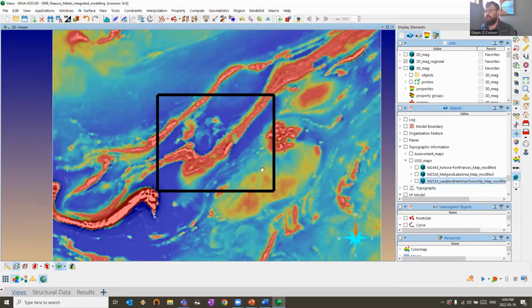So we think we know a couple things about this area. I'm parachuting everybody today into the project. I've already done a bunch of work. We're sort of pretending we're at an earlier stage of this project than we actually are. But we think we know a couple of things about the area. We've done a literature review. We've had a look at all the different geological maps that are available for the area. We've carried out a 2D geological interpretation from the magnetic data primarily, and any other remote sensing data sets we have,